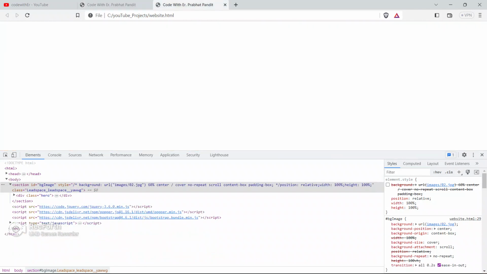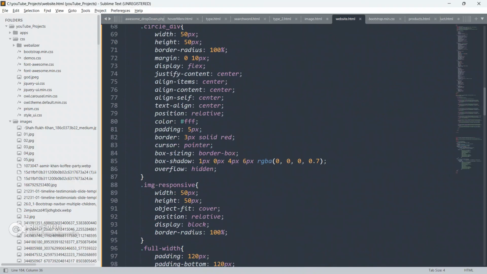It is changing fine. Why is it not happening here?